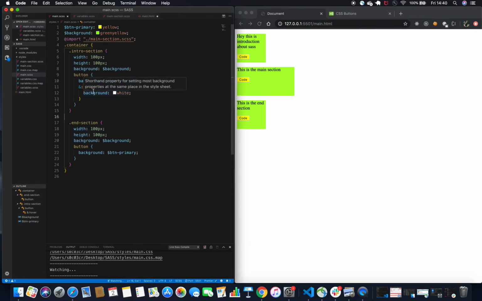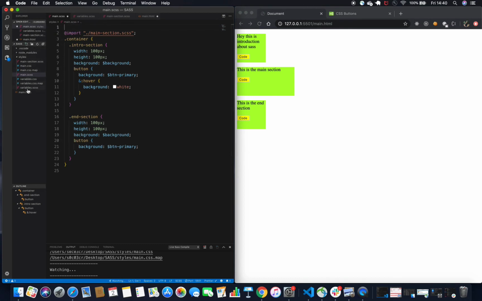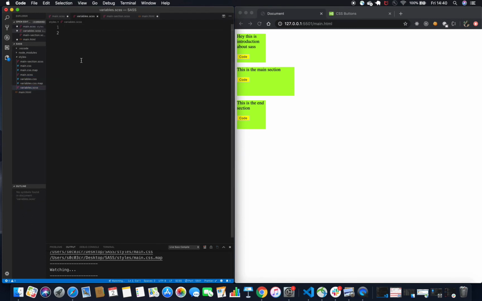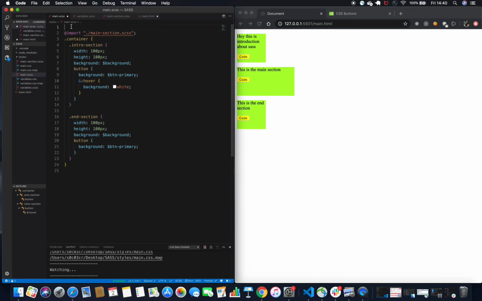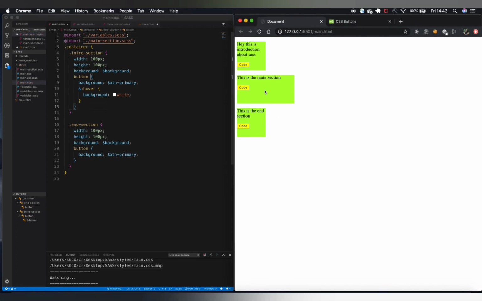So I just want to add one more thing here. It's always better that we keep these Sass variables in a different file so that our code looks cleaner and also it's easier to track it. So I'm going to actually go ahead and remove this, and I've created another file called variables.scss. So I'm going to paste it here, and now all I have to do is inside my main file, I'll have to import that file. So import, and the file name, which is basically variables.scss. Yeah, that's it.